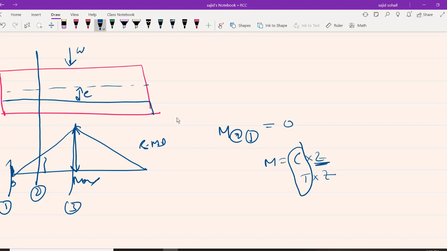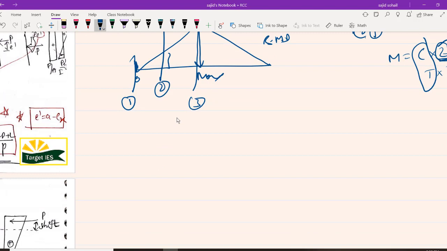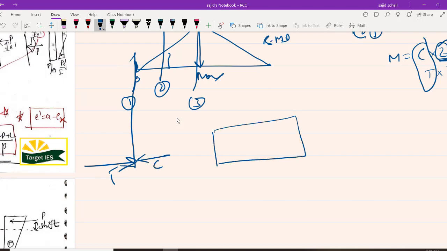I know in my member there is compressive force, there is tensile force. It can't be 0. So what is the 0 in this? Obviously the lever arm is 0. That means at this section 1-1, moment is 0. That means my tension as well as compression is in the same line. Okay, so let us try to understand if this is where the tendon is passing.